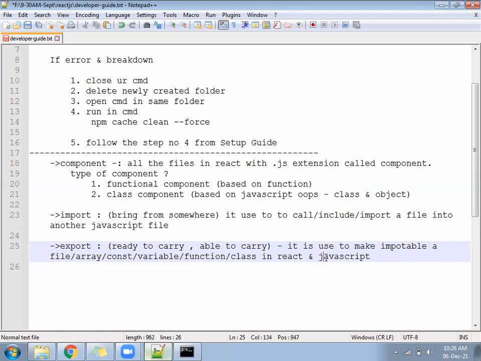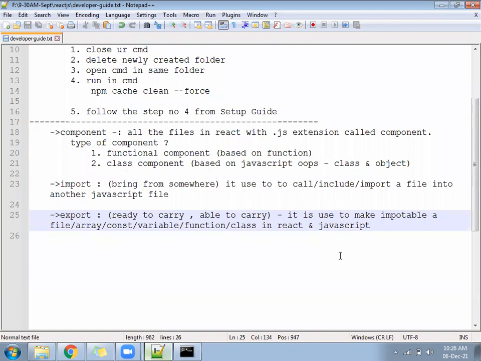You have created one array in one file. You want to use the same array in another file. So what will you do? You will export it. Like suppose in one project, there is a city list, or maybe a service list. In one file you have created a list of services in an array. Now suppose your project has 20 pages, and in all the pages you want to display the list of services. Understood or not?